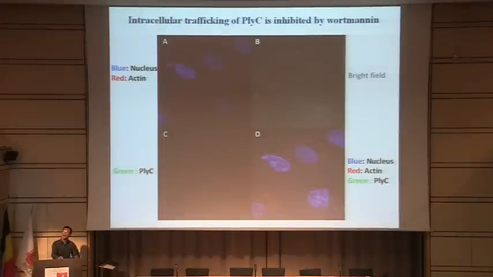Just to give you an idea how this wortmannin inhibits the intracellular trafficking of the PlyC, again, we use confocal microscopy. So what you're seeing here is two epithelial cells adjacent to each other, and you have a nuclear stain DAPI, and also you have a cytoskeleton staining to establish the boundary. And the bright field showing when you treat with wortmannin, you see this bubble or vesicle-like structure, the arrow pointing over here. And then you add a fluorescence-labeled PlyC, the endolysin, you see they have a sort